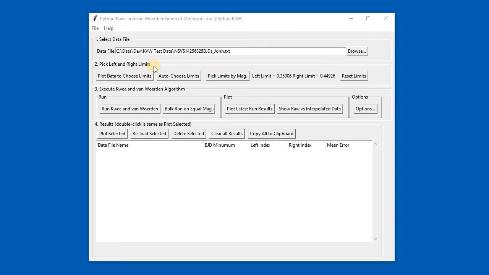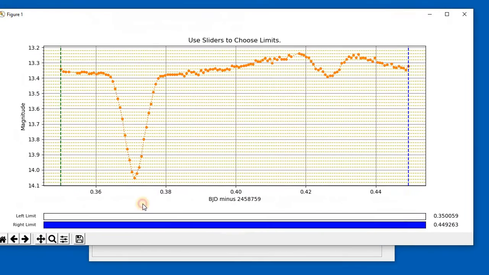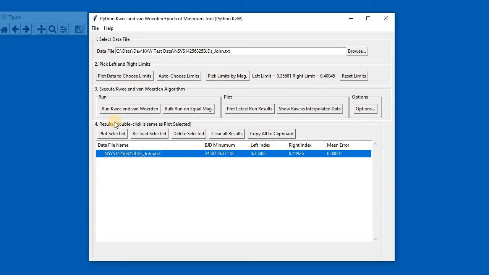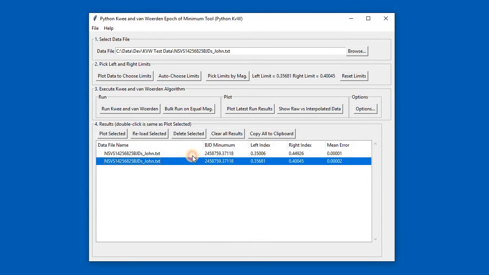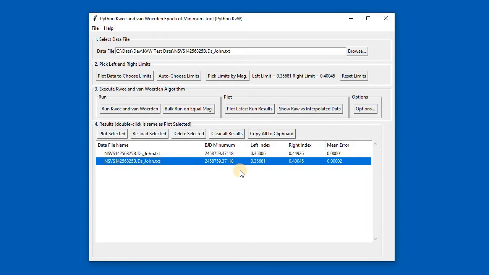So for example, we would typically use this by choosing our limits, running an answer, getting a result. Perhaps I didn't have any limits here, so I'll choose some limits, bring the sliders in, and then run again, and you can see that we're starting to get a build-up of the same file, same star, same trace, but with different limits and slightly, well, in this case slightly different error. Actually come up with a very close answer,